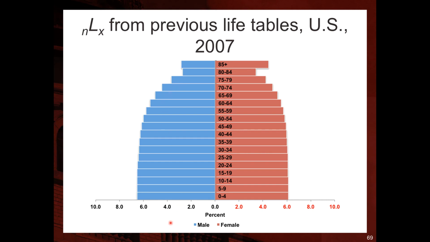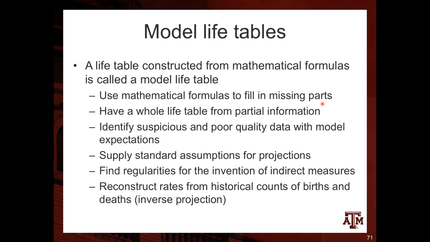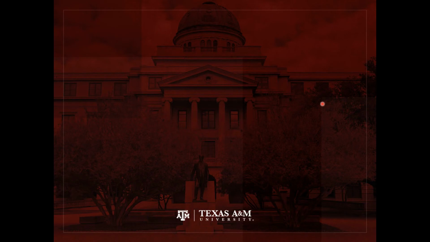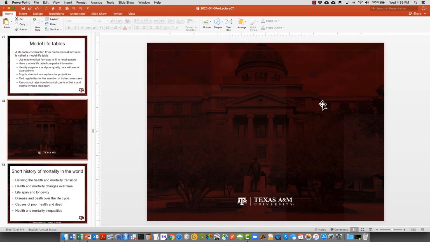more rectangular shape. So that's the importance of the life table, because if you have a society in which the age-specific mortality rates and the age-specific fertility rates are not changing much, we can use the life table to do some population projections. Okay, so these are the slides related to the life table, and now I'm going to show you the life